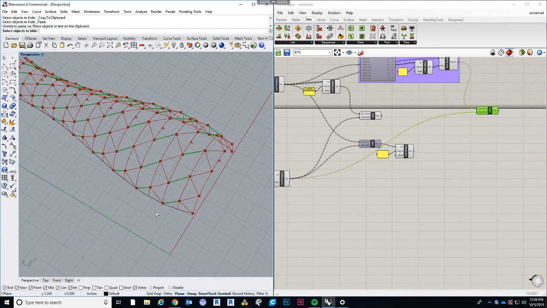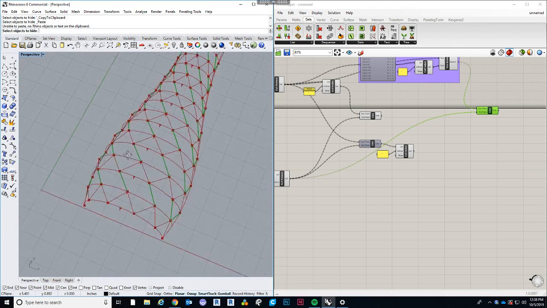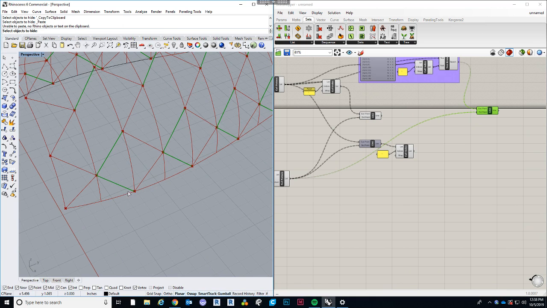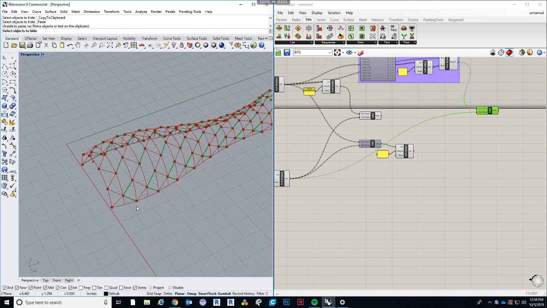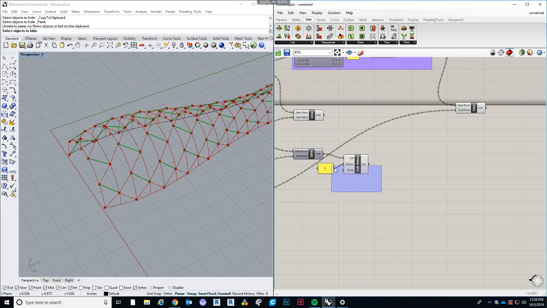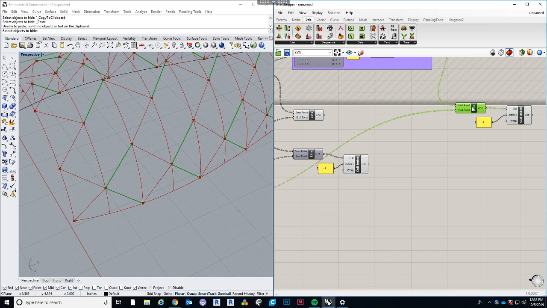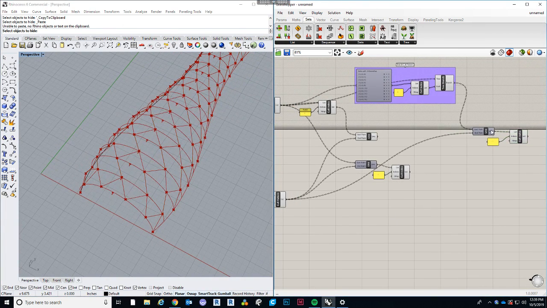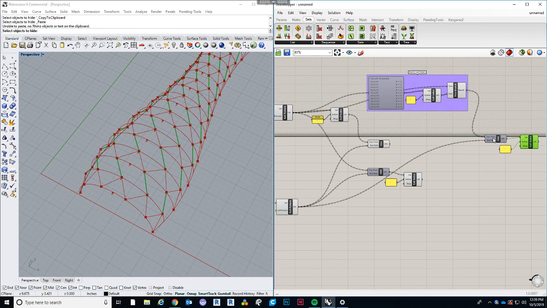So now we have the one set of rows, and as you can see, there is that recurrent curve, recurrent line ending here. So we'll want to take this cull index with the -1 already associated with it and just plug that in here. So now we unpreview. Now we don't have that recurrent line at the end. And then take the,